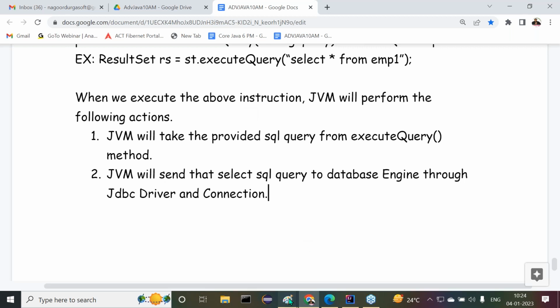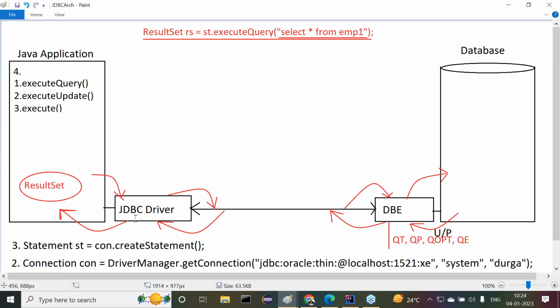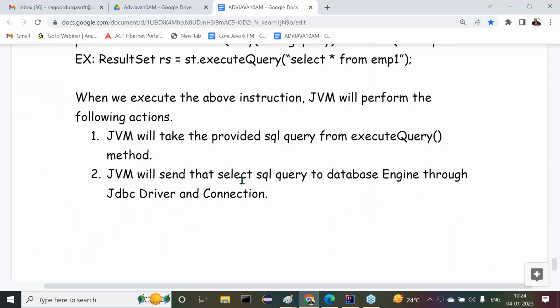Understand it now. In the diagram I showed each and every step clearly: JDBC driver to connection, connection to database like this. But in the document I'm writing directly. So JVM will send that select SQL query to database engine through JDBC driver and connection. All right. At a database